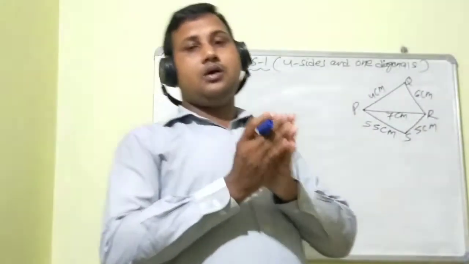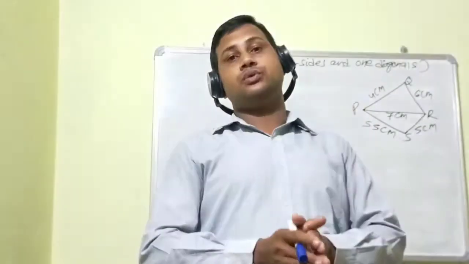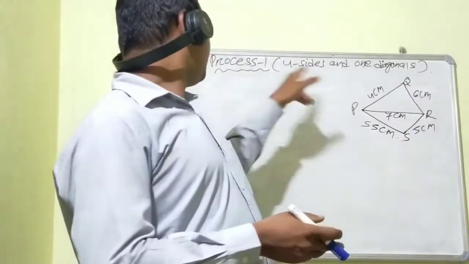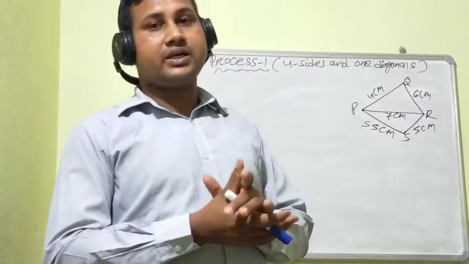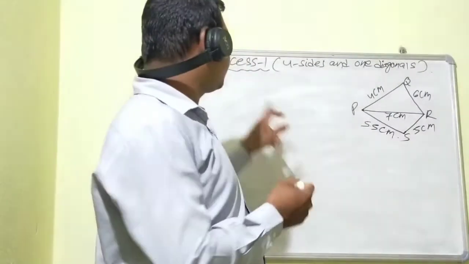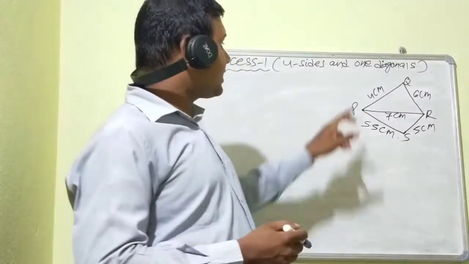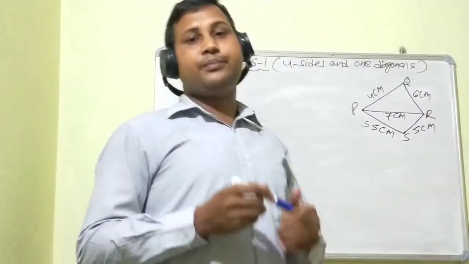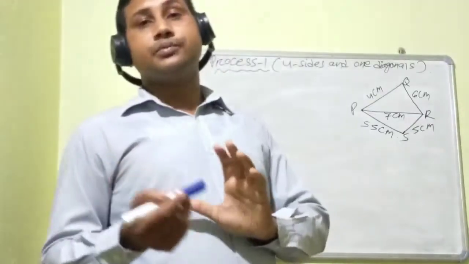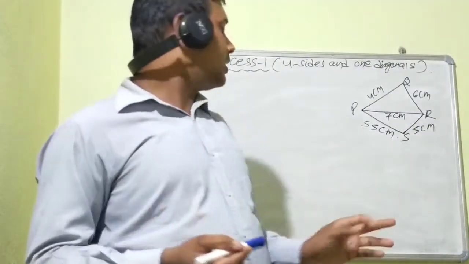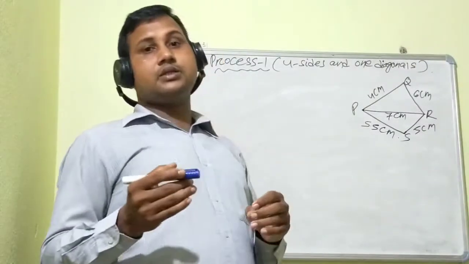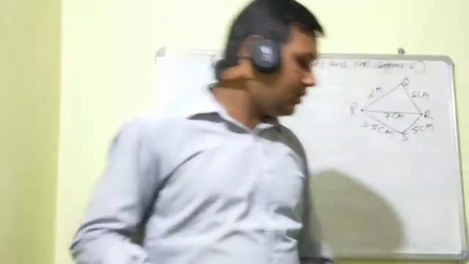Before that, one main point we should remember. Suppose a question is given about construction of a quadrilateral. The first point is to write the given data, the second point is a rough diagram, the third point is the final diagram, and the fourth point is the conclusion. Okay, then let us start with one example.